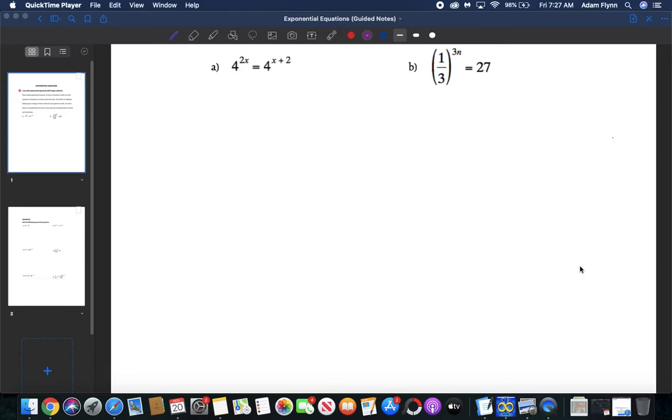Okay, so remember that's nothing new going back to our exponent properties. For example, if I had x to the fourth times y to the fifth, because one base is x and the other base is y, I was not allowed to simplify those. So we need our bases to be the same. Once our bases are the same, we can solve our equations. Okay, so taking a look at this first example,